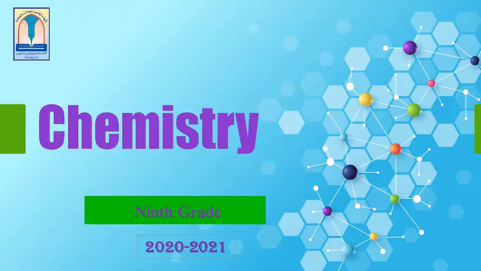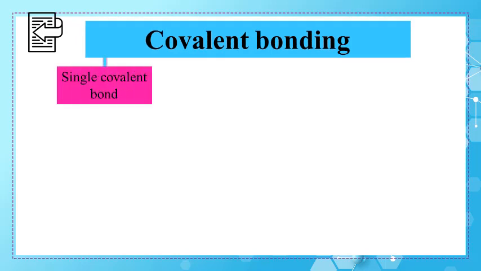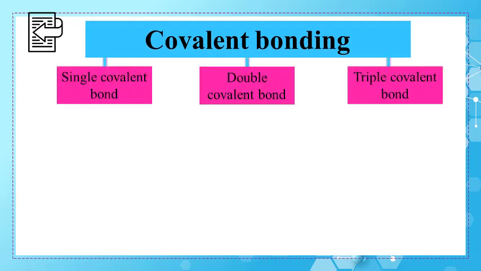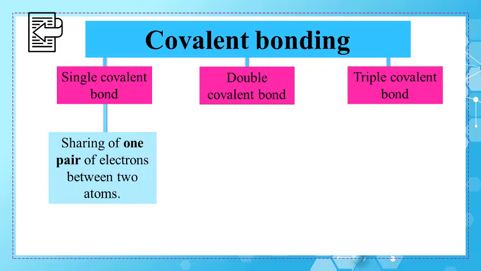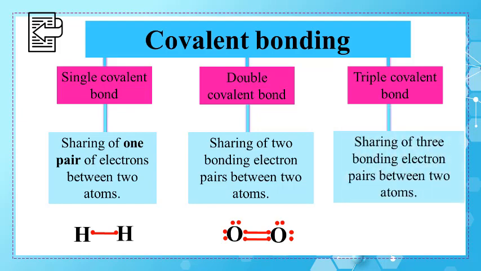Hello dear students, in this video we'll talk about ionic bonding. Recall that covalent bonding may be either single, double or triple covalent bond, where single covalent bond is the sharing of one pair of electrons between two atoms, as in the case of hydrogen molecule. Double covalent bond is the sharing of two bonding electron pairs between two atoms, as in the case of oxygen molecule. And the triple covalent bond is the sharing of three bonding electron pairs between two atoms, as in the case of